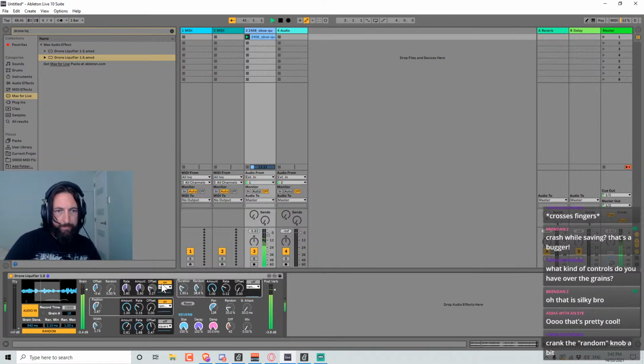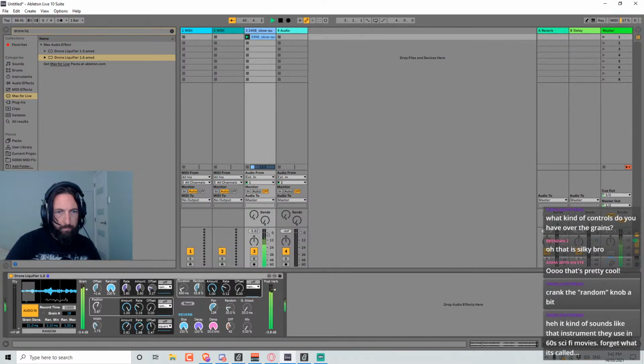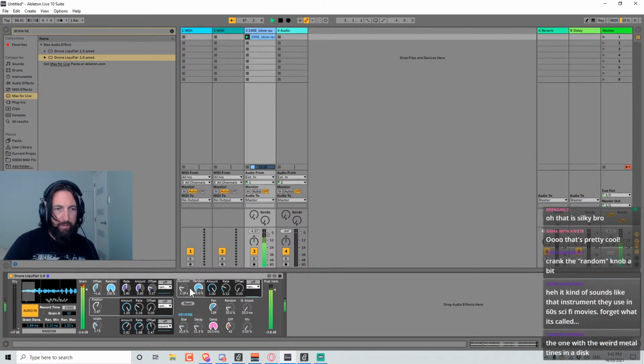Crank the random knob a bit. Alright. We can increase the grains. You can make a lot of them. It takes a moment to think about it when you do such a drastic thing.